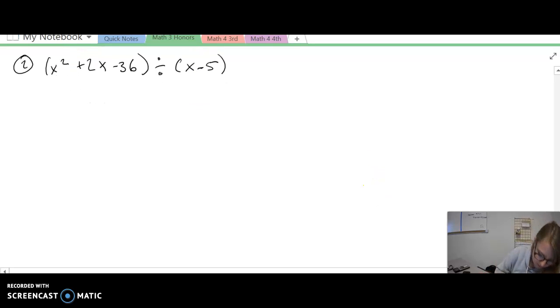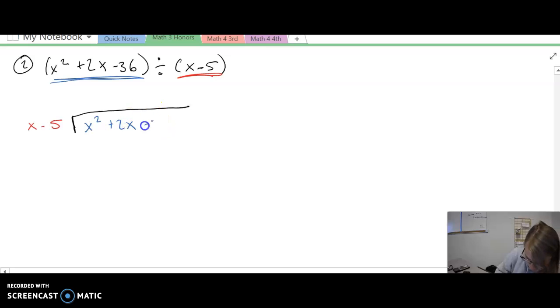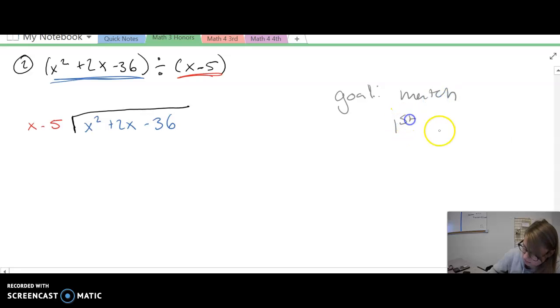So, just like before, we're going to set up our division symbol, and I'm going to have x minus 5 as my divisor, and then we have our division. So our polynomial goes inside. And remember, our goal is to match first term